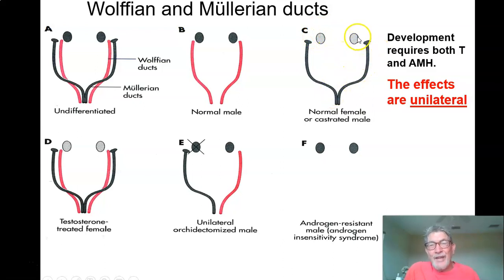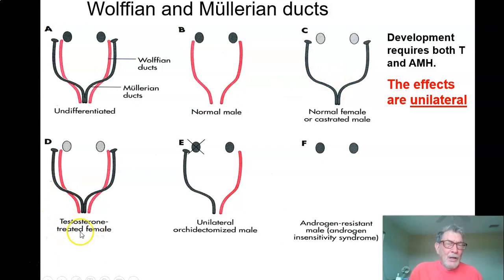So if this happened to you and these did not function as testes, you can't be a functional female, if you're a male. So if these are either not there at all or are not functional, then you'll have your fallopian tubes and stuff, and you think you're a female, but you never really develop as a functional female, and you're surprised to find out that it doesn't work that way.